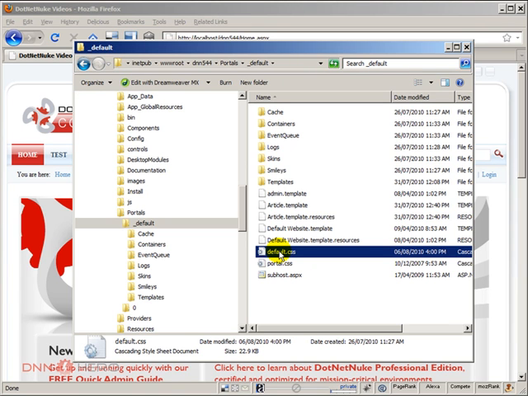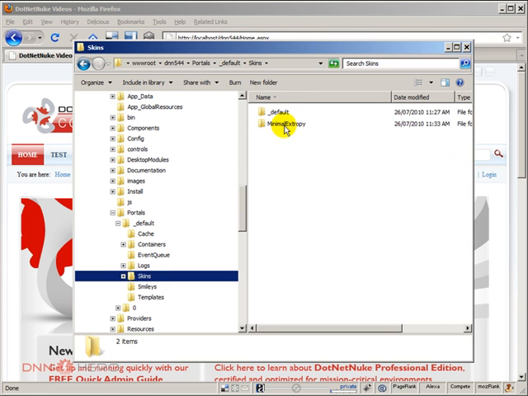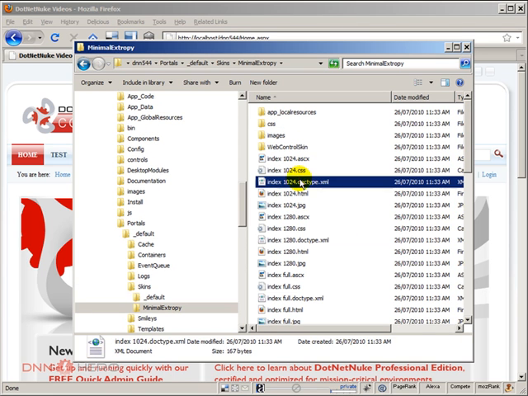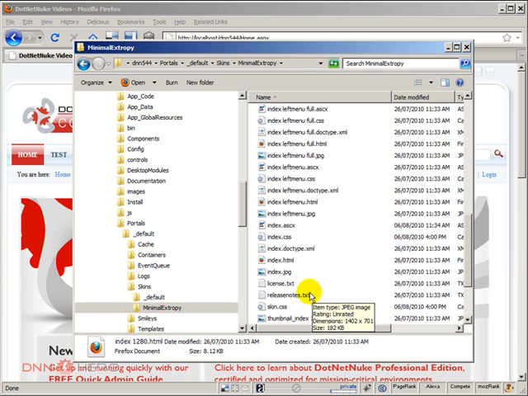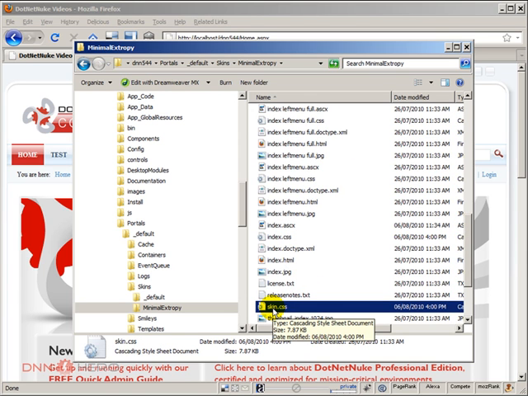After that, we have the skin level file. In our case, we are using the minimal entropy skin, so we can go to the skins folder and to the minimal entropy folder. Now we have a bunch of CSS files here, but we just want to talk about one specific, the one called skin.css. This is the next one after the default.css. Then it comes the skin.css. Now, after the skin.css, which is the general file that comes with the definitions for the skin,